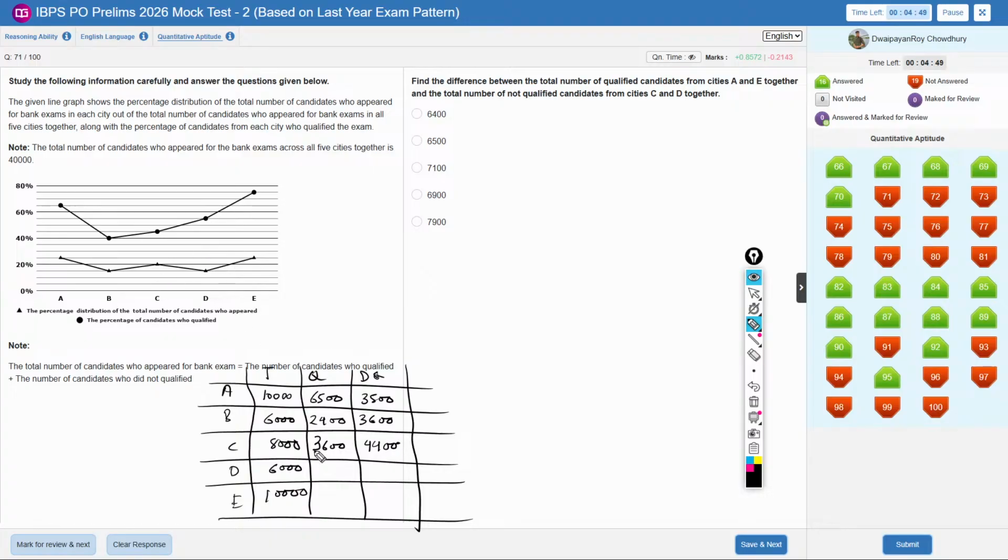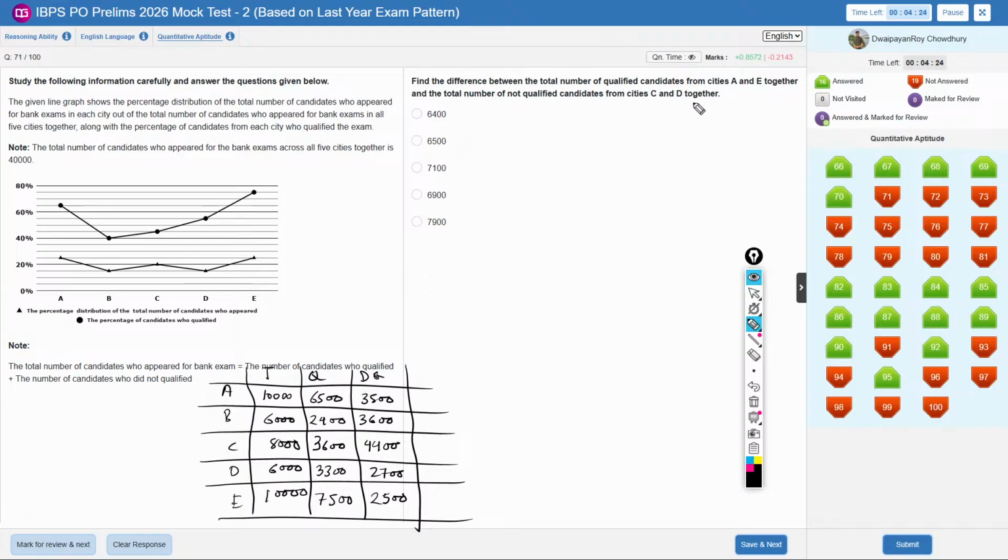Then it is 55%. So 3300, 2700. Then the next is 75%. So 7500 and 2500. I think those extra zeros were not supposed to be written, but anyways, find the difference between the total